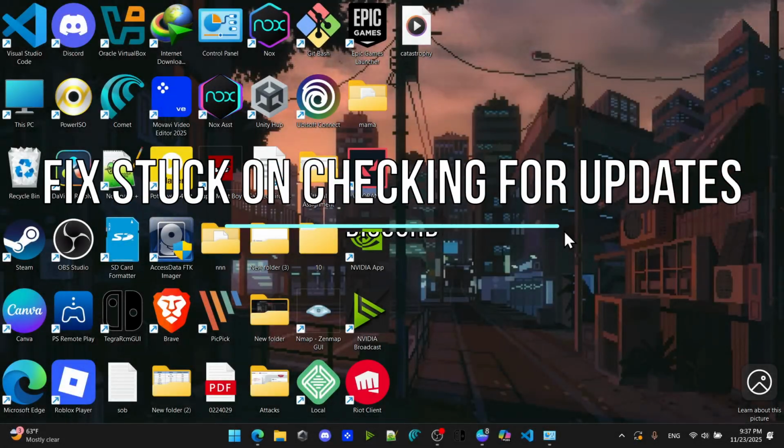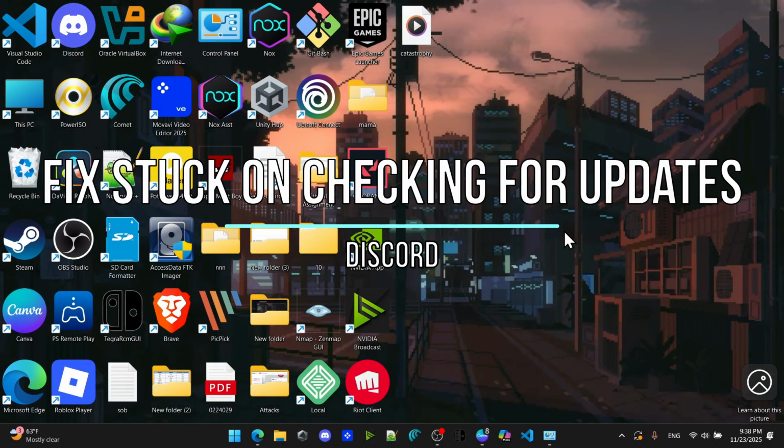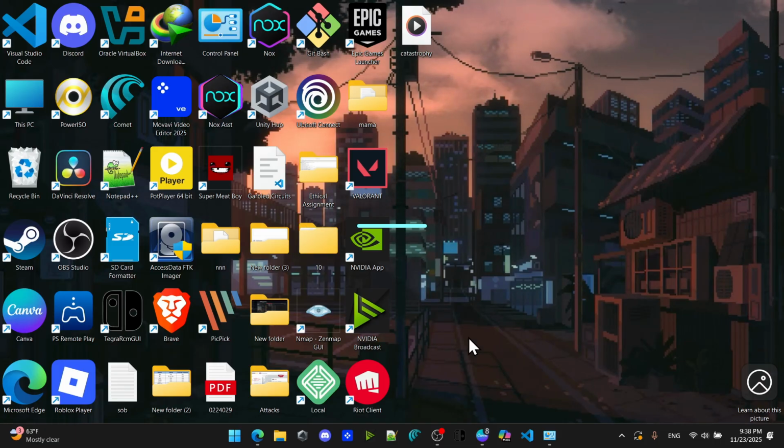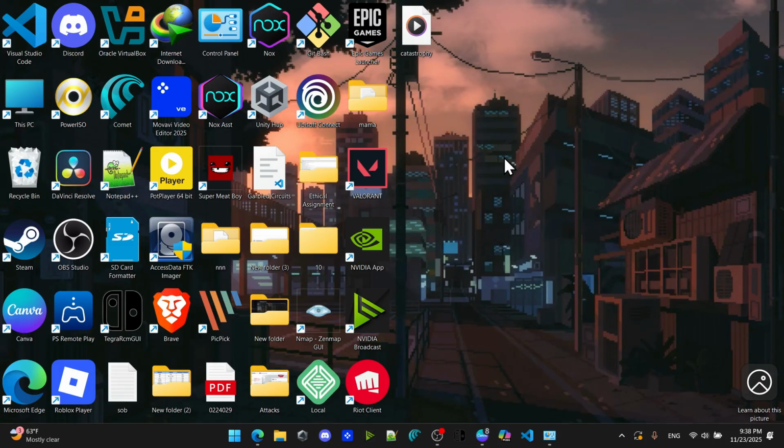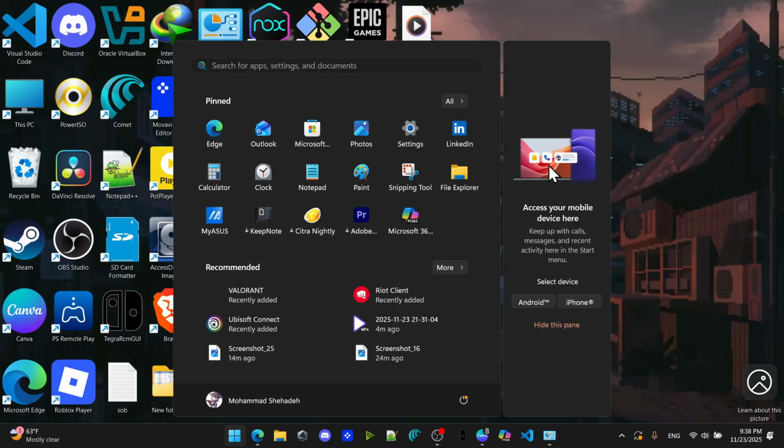Welcome. Today we're going to show you how to fix this code stuck on checking for updates. So, if you open this code and it gives you the checking for updates and it never ends no matter what you do, the first thing that you can do is to just open the start menu and search for